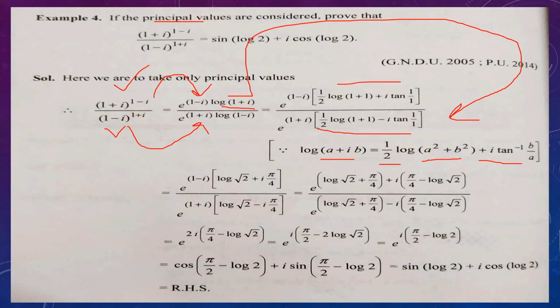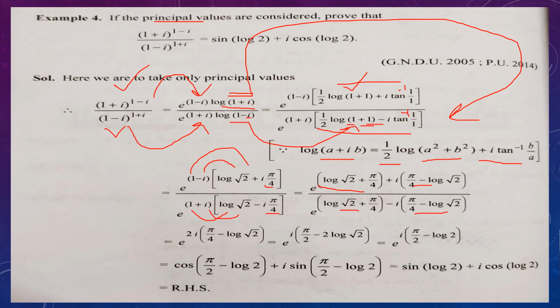From this formula, we have simplified log 1 plus iota and log 1 minus iota. Look here clearly: a is 1, b is 1. Here, with the minus, it is a minus iota tan inverse b by a. It is log root 2. And we know that here it is tan inverse. There is a mistake; this is tan inverse. And we know that tan inverse 1 is pi by 4. So use the value here. Now multiply the above expression with the value of 1, then multiply with the minus iota. Multiply here with 1, multiply with the iota, and separate the terms real as well as imaginary.